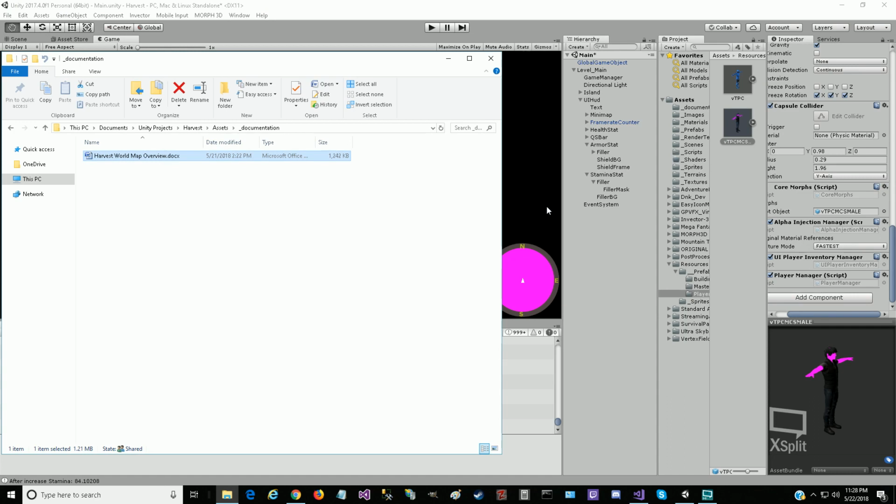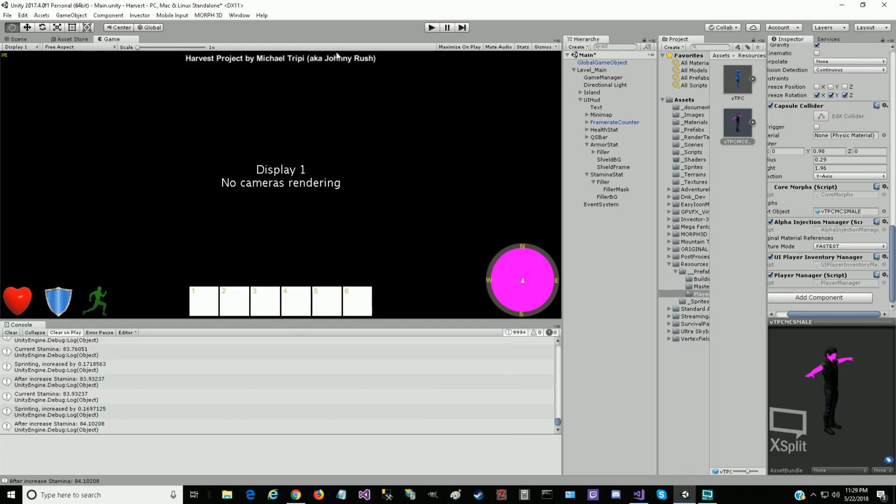I just wanted to, like I said, show that I am starting to document some things, and all the documentation we create will be in here. Once we work out, let's see what we have left to do now. Now that we have our HUD working with the stats, stamina, the armor, and our health. Oh, the other thing I didn't show, let me just do that real quick. Well, I guess I don't have to waste time showing it, but